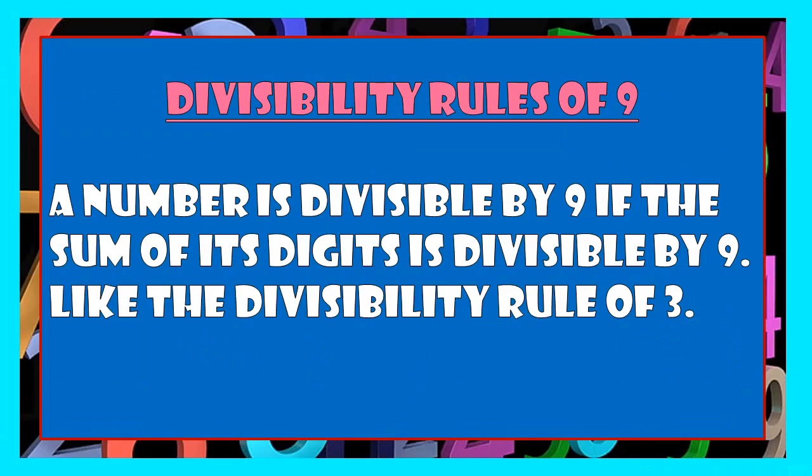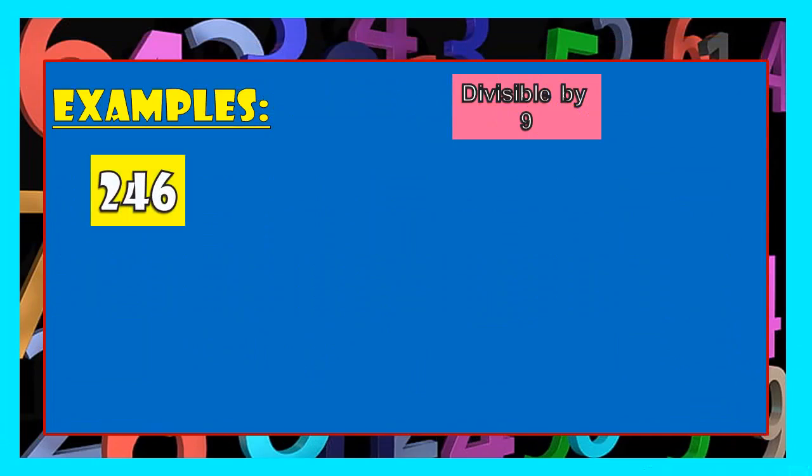What about the divisibility rules of 9? A number is divisible by 9 if the sum of its digits is divisible by 9, like the divisibility rule of 3. So, when do we say a number is divisible by 9? If the sum of its digits is divisible by 9. So, again, using the same example,